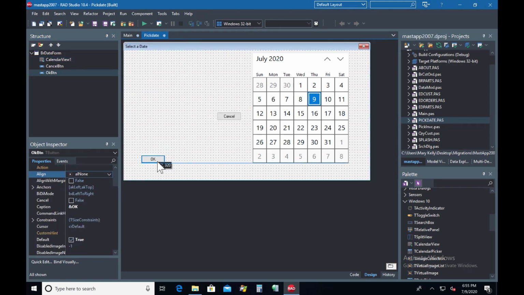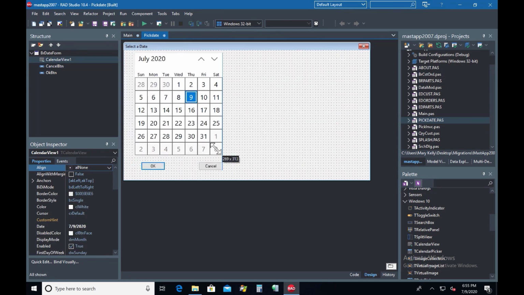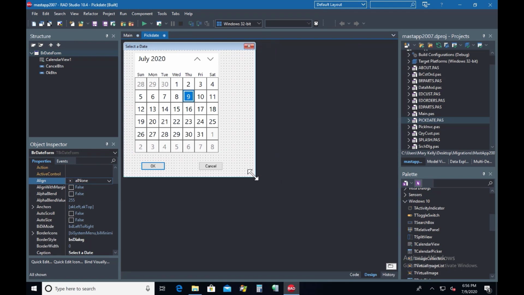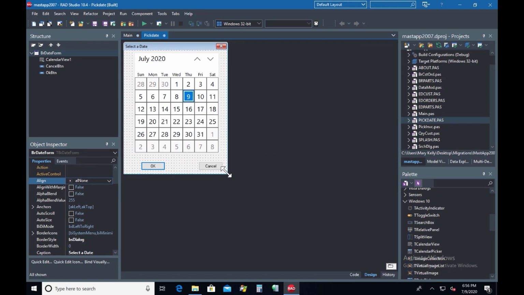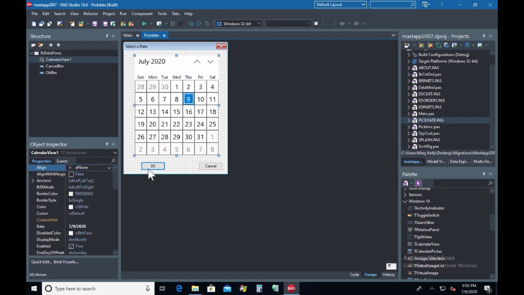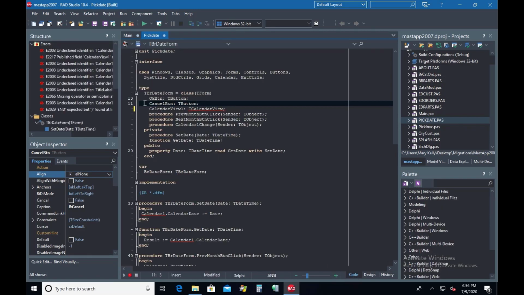Now we will just move our buttons down a little bit, and we can then add and resize our T calendar view as well as the form itself. I'll reposition those buttons. We can give it a little bit of spacing up at the top, bring our buttons a little bit more centered there. Now all we have to do is go into our code, and you'll see here that there were